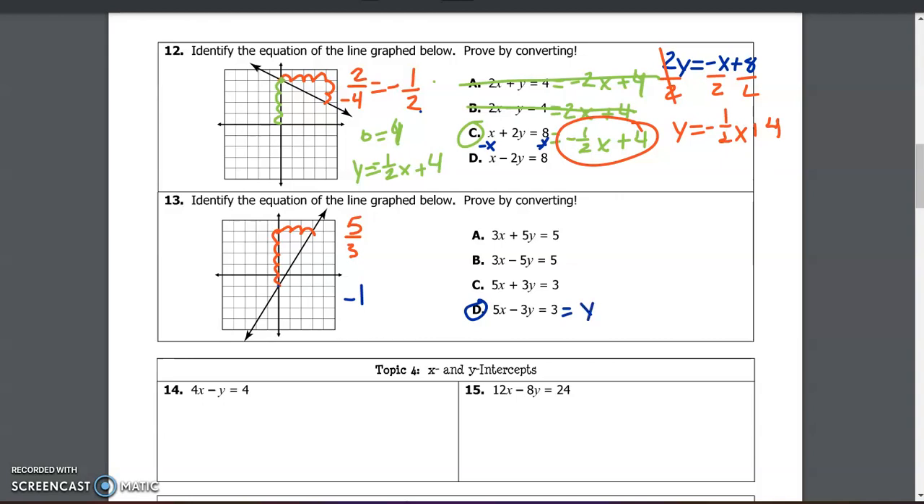So that's my slope, right? That would be y equals 5/3 x, and then 3 divided by negative